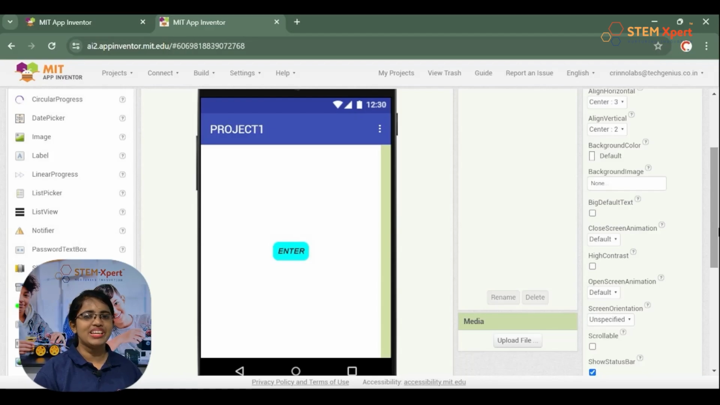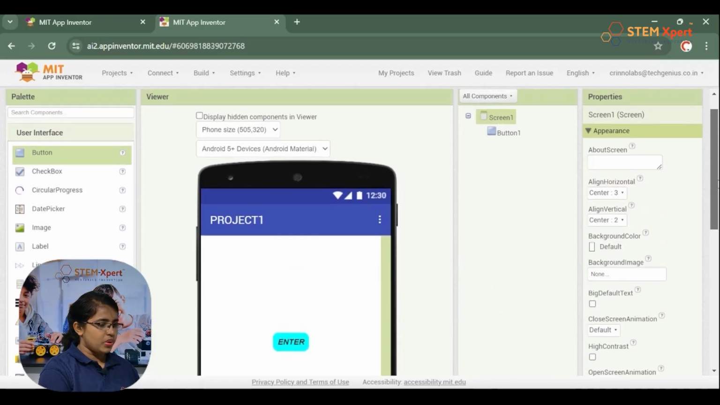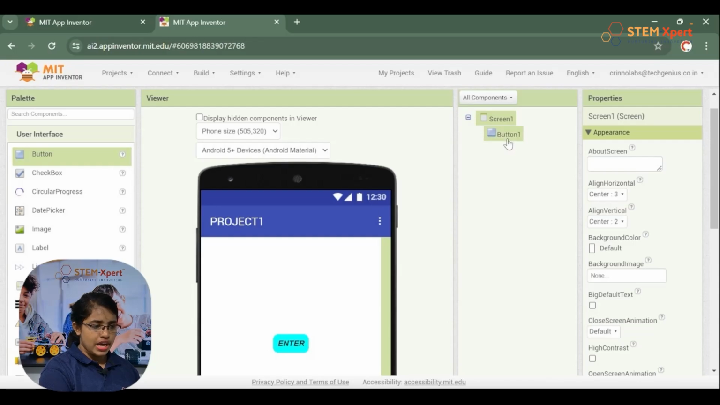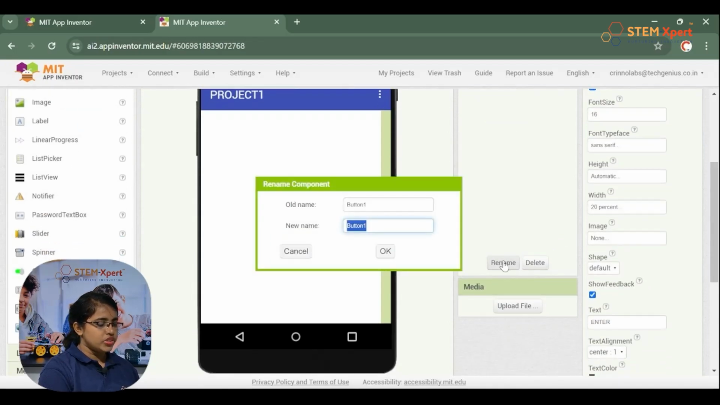So this is about the design, how to change the design of each component. This is our designing part. If you want any other component, you can drag the component. If you want to change the button name, you just click on this button, and here we have the option rename. You can type the new button name, enter